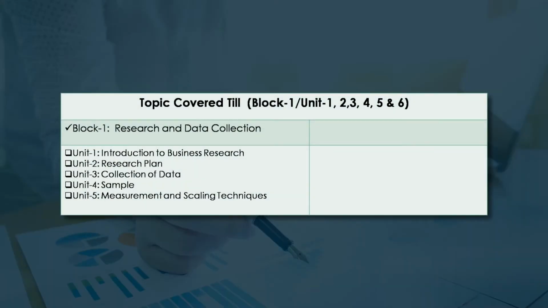If you recapitulate, you will find we have had elaborate sessions on research, on data collection, sample, measurement and screening techniques. Why am I recapitulating the preceding terms in every session? Because when you talk about research and statistics, there is great use of all these terms. It's not that we have used a term at one step and will not get a reference to it again. When you go into the depth of recapitulating or using statistics, these terms are quite burgeoning in nature and have a good presence as far as the methodology and the analysis are concerned.